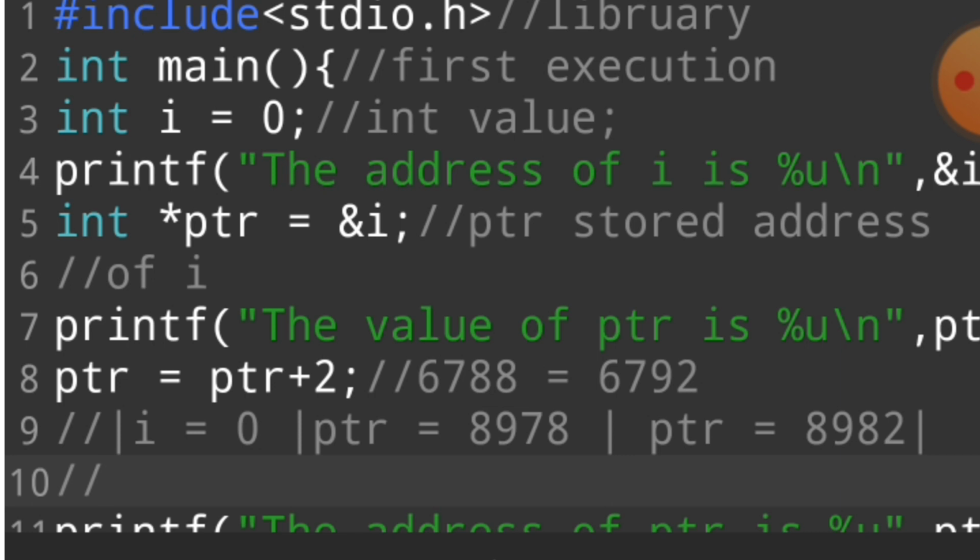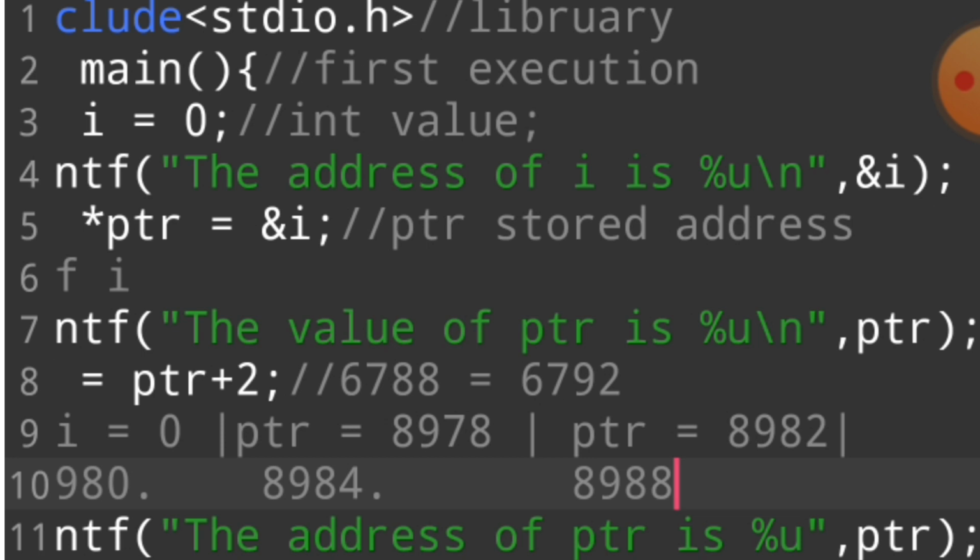If we say the address of I is 8980, then the address of the pointer is 8984, and to go to another address we use ptr is equal to ptr plus 1. So in this case the address becomes 8988. I hope you understand this topic, and when I print, this address is printed.